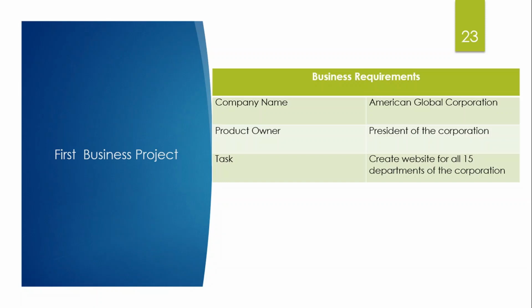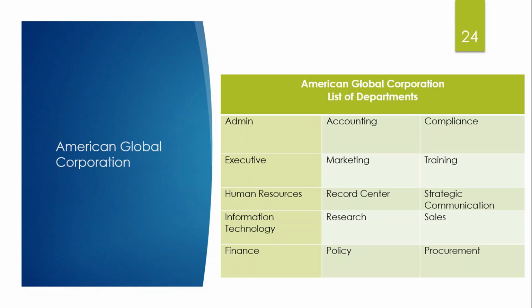Task, create websites for all 15 departments of the corporation. List of departments: admin, executive, human resources, information technology, finance, accounting, marketing, record center, research, policy, compliance, training, strategic communication,